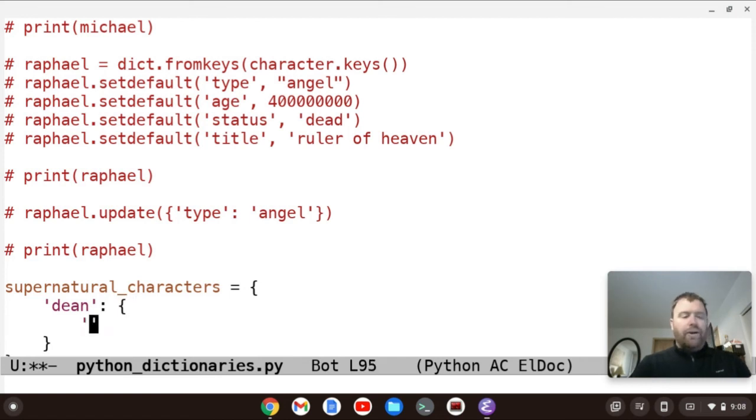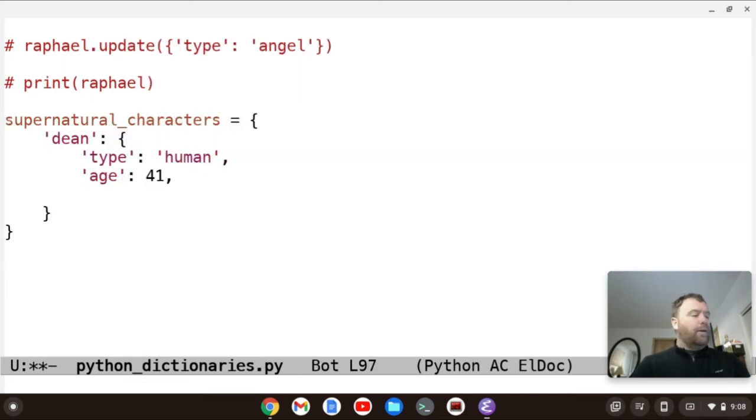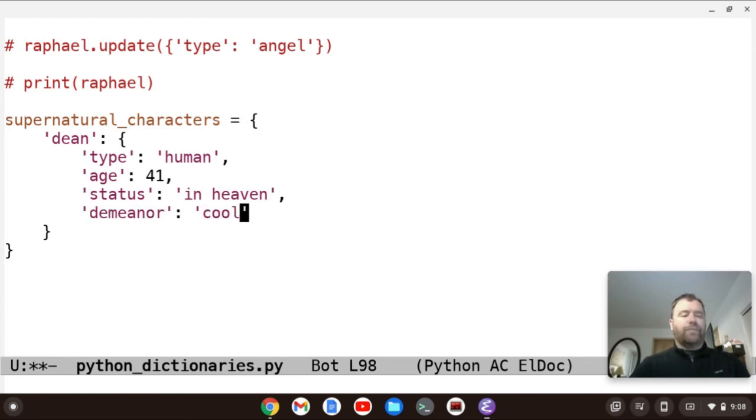So we have a type, which is human, age, which is 41, status, let's have it in heaven. And let's also have the demeanor in here, and we'll say cool. So that's one dictionary that we've passed into this overall dictionary.